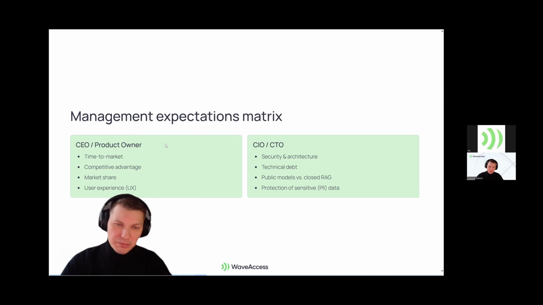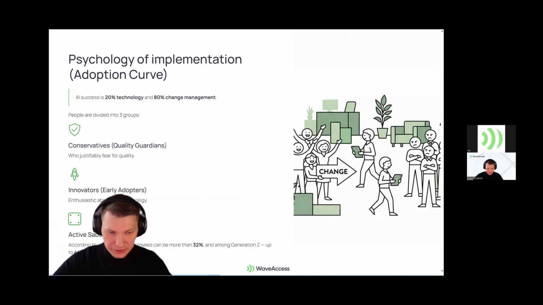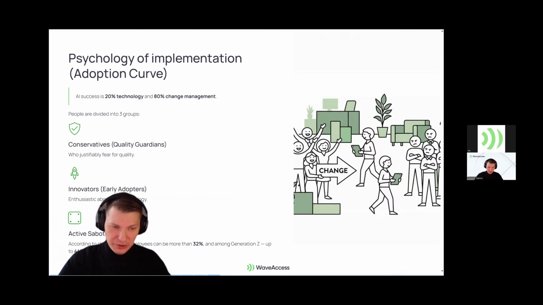About security, about protected information: will it go outside of the contour where the models will be deployed, and so on and so on. And also another point of view is when you try to implement, we face this also